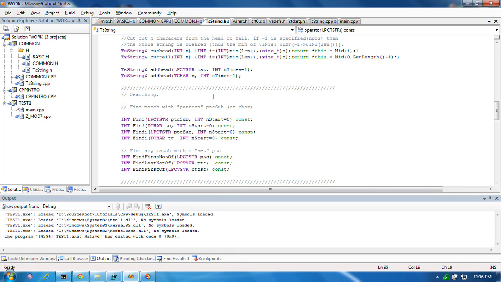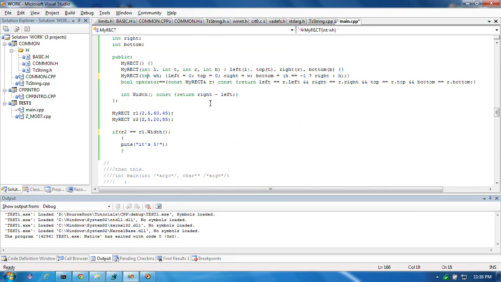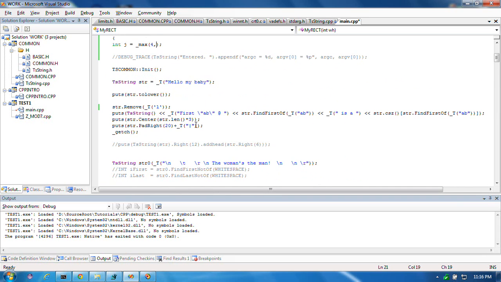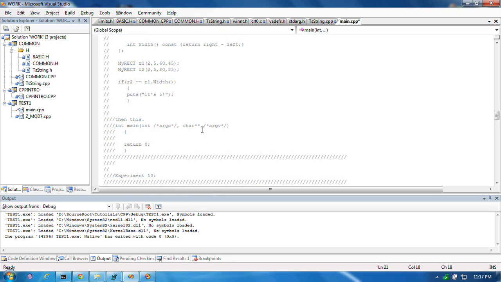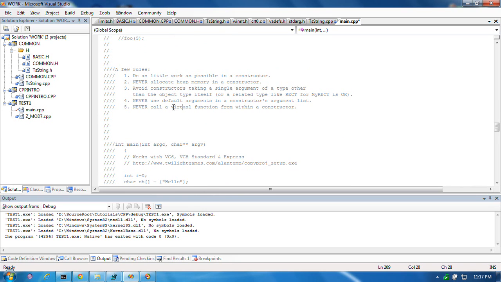Okay? So that was the point I wanted to add. That's not the only thing. But some of them I can't really tell you about just yet, because some of them have to do with this topic we haven't covered. I think I mentioned before, no heap, that is malloc, those sorts of allocations in a constructor. And as a general rule, do as little work as possible in the constructor. Set a few variables and get out,